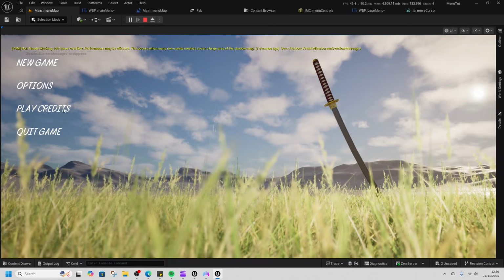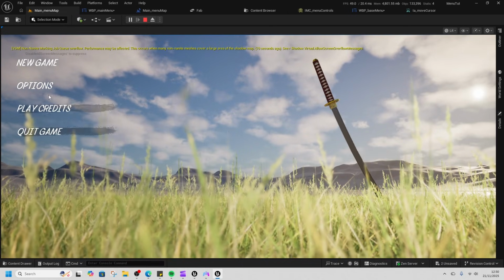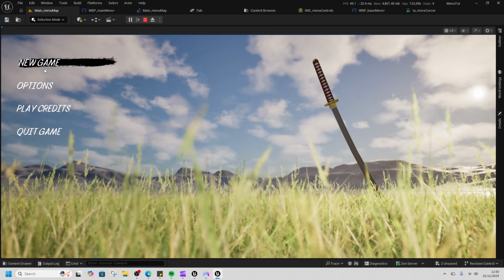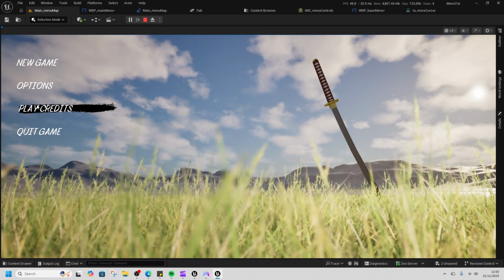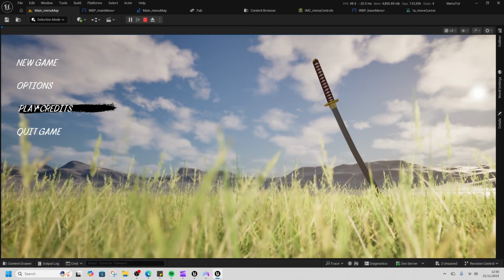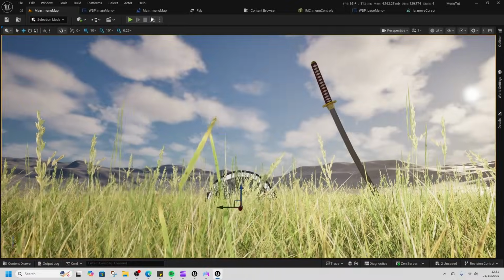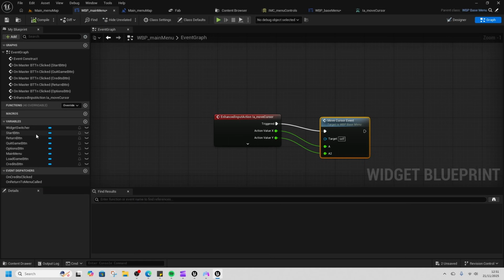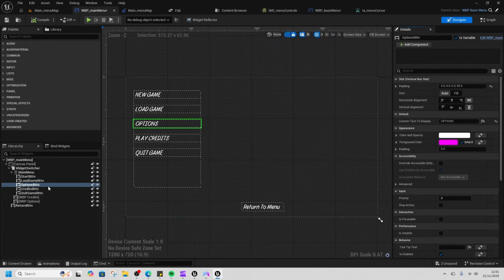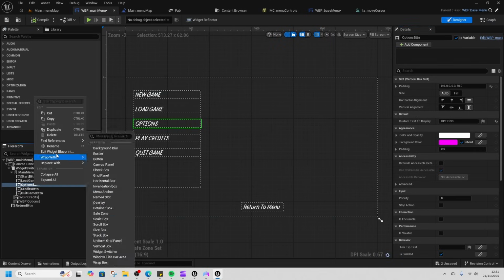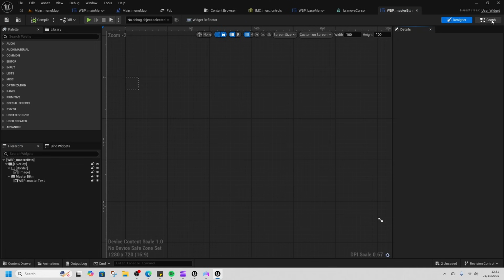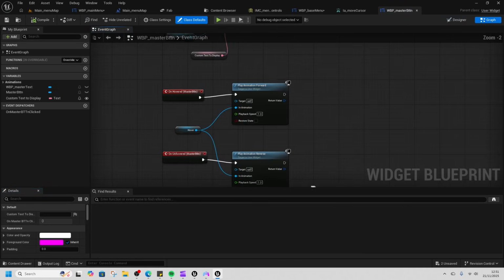You can see the hover events work as intended, but I can't actually click on anything. So if I go to press play credits and press X, I can't actually press X. So we're going to fix that as well. To do that, we're going to need to open up our master button. I'm going to edit the widget blueprint, go to our master button, and then